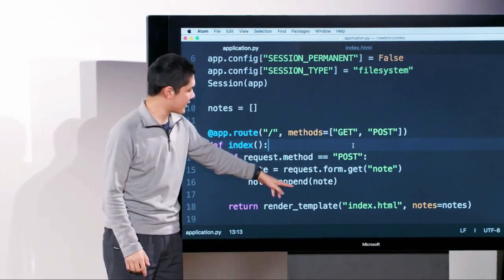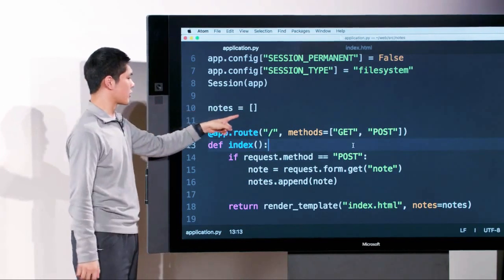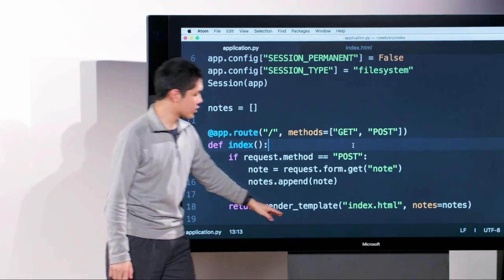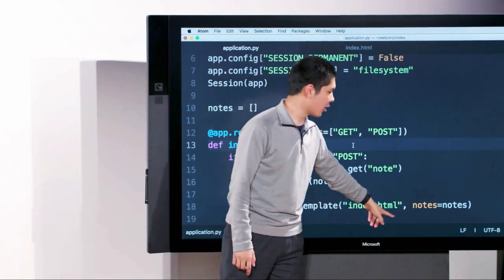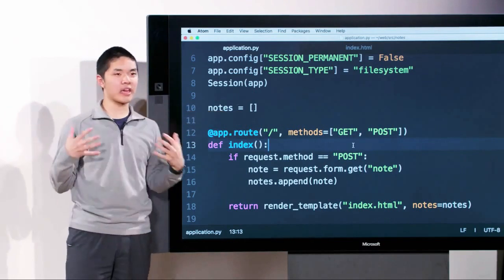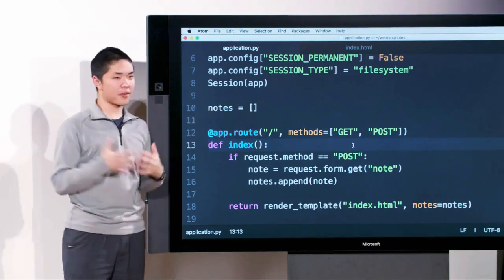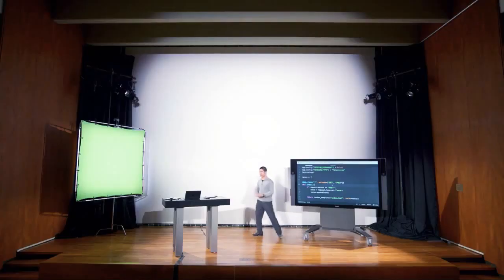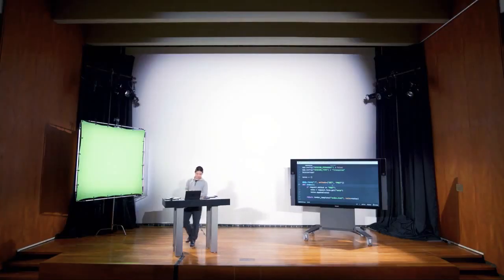And then I'm going to append to my already existing list of notes that new note. And then only at the end of all of that am I going to render the template index.html, passing in that whole list of notes. And what that's going to do is ultimately save all of those notes as a variable that is accessible to my entire web application. And so what's going to happen then